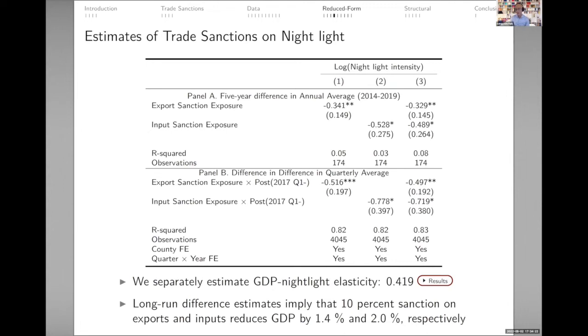In panel B, we also report the short-run responses, where we find that the estimates are about 50% larger. We believe that the reason for that is because in the long run, the government probably has more resources to reallocate or respond to these sanction measures. So therefore, overall, in the long run, the impact of sanctions seems to be somewhat smaller. So for that reason, in the spatial equilibrium model, we're going to take these long run estimates to calibrate and estimate the parameters where we're trying to come up with the aggregate outcome.